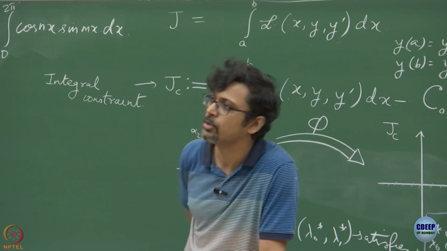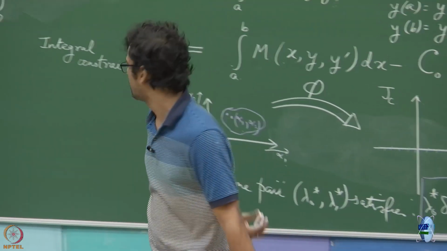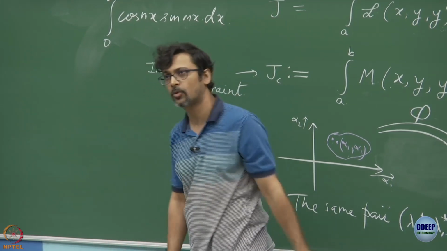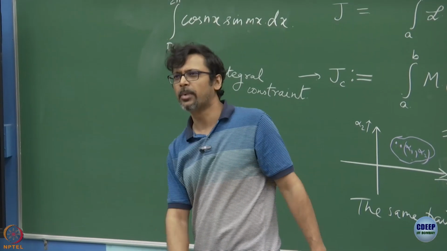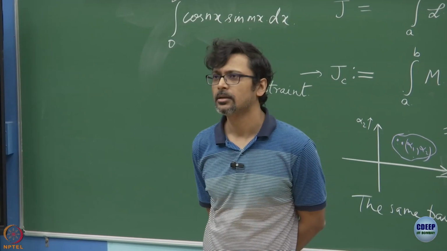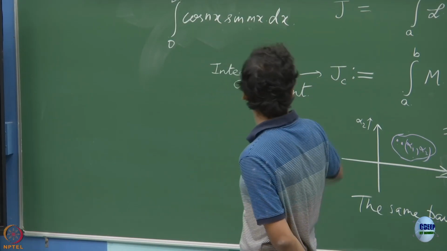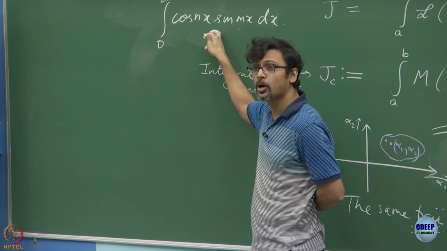If n is not equal to m, it is 0, right? And if you had sine nx or sine squared nx, what did that turn out to be? Of course, you had to adjust with that 1 by 2 pi for the periodicity, and you could always get some non-zero number. So this is essentially the idea of orthogonality, because this is the idea of inner product over function